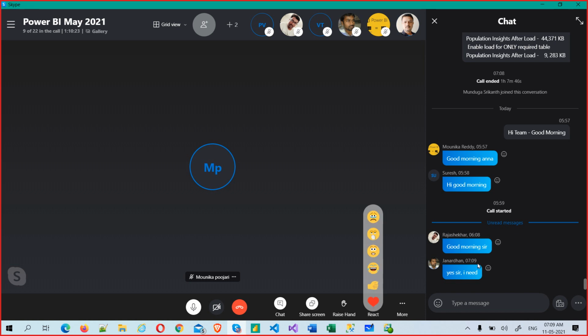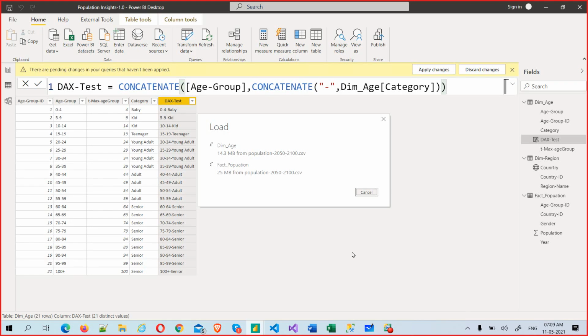Yes sir, I need. Okay, any other? I will give you, sir, after this load. Let that load. Why is this very slow? Now it's almost done. Though this is a small table, it's actually referenced by multiple big tables, so that is the reason. Loading is a one-time effort and it will be done. Then the cache will be created inside the Power BI engine, so it will work flawlessly.